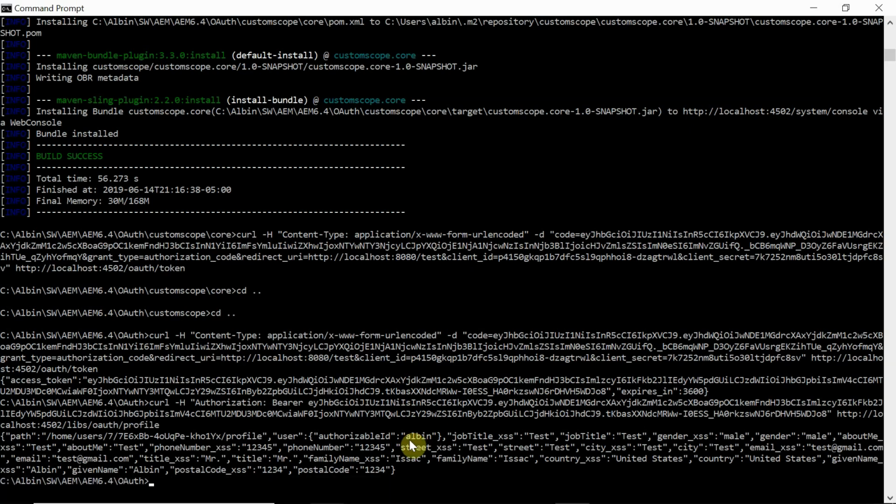So this is all my data, whatever the user ID. Now with the authorization grant, we are able to get the profile data. The resource owner authorized, so here I am the resource owner. I authorized it. Then I got the code or grant, and using that I retrieved the access token. With the access token, I retrieved the profile data.